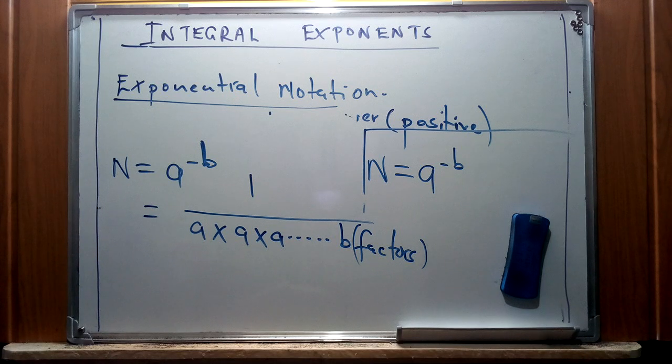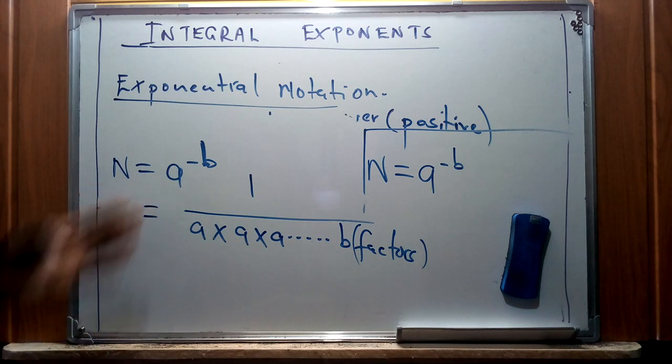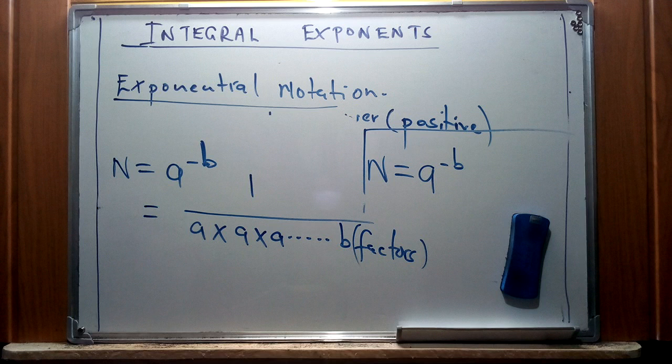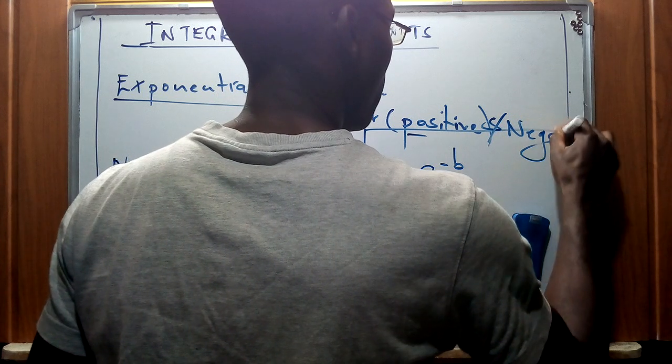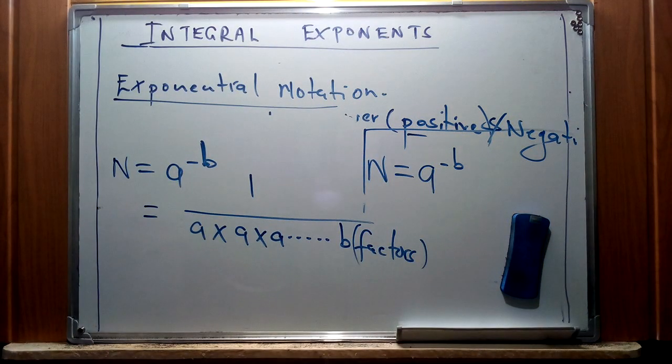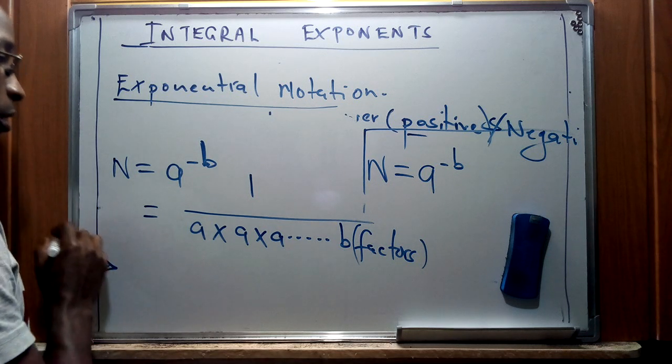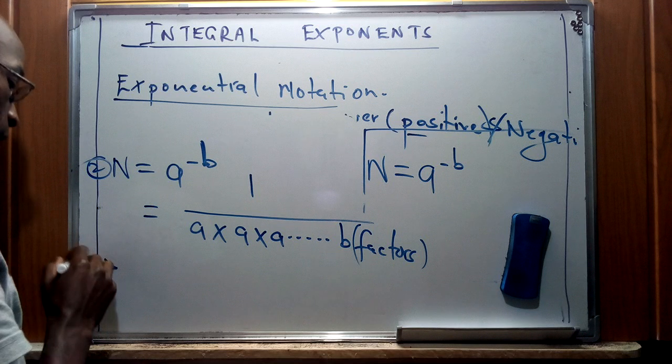And therefore, from these two particular representations, we can have what we call integral exponents, which have been represented for positive and negative integral exponents respectively. Now for zero exponents, we're going to have a third condition. So this is the second one for negative. The first one was